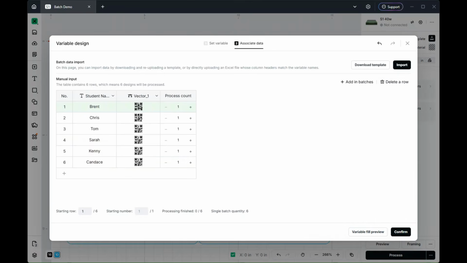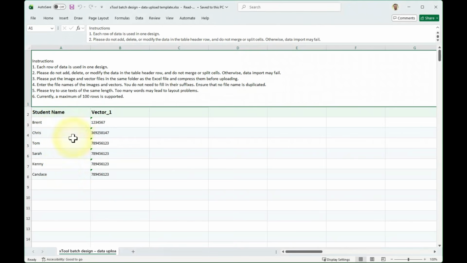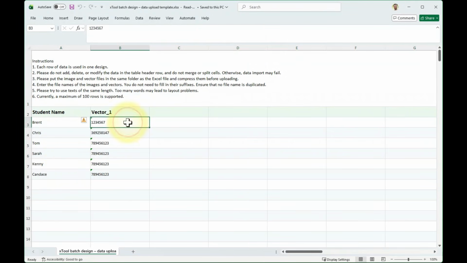And with that downloaded, we'll go over to Microsoft Excel. You can see they have some pointers in here that you need to read through, and make sure we follow those guidelines. But we can see the headers of the columns that we already had set up, and there are the names that I had plugged in. And let's say instead of just typing in all of these QR codes or numbers, I wanted to generate some that are sequential. So I could do something like 1, 2, 3, 4, 5,